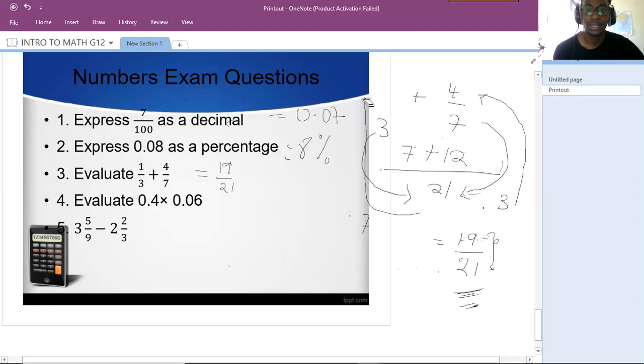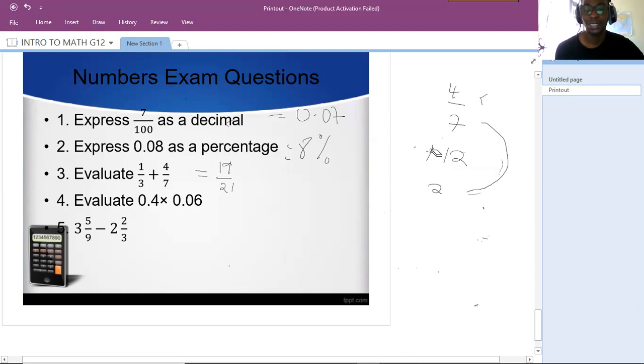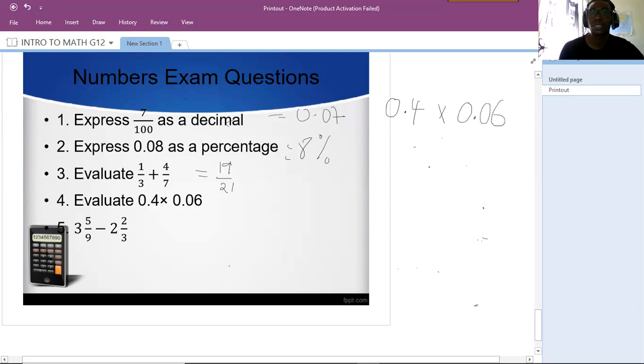So let's evaluate number 4. Number 4, back to decimal numbers, those numbers that have a decimal point. How are we supposed to multiply decimals? How do we multiply decimals? So we're trying to evaluate 0.4 multiplied by 0.06. So step 1, when you are multiplying decimal numbers,